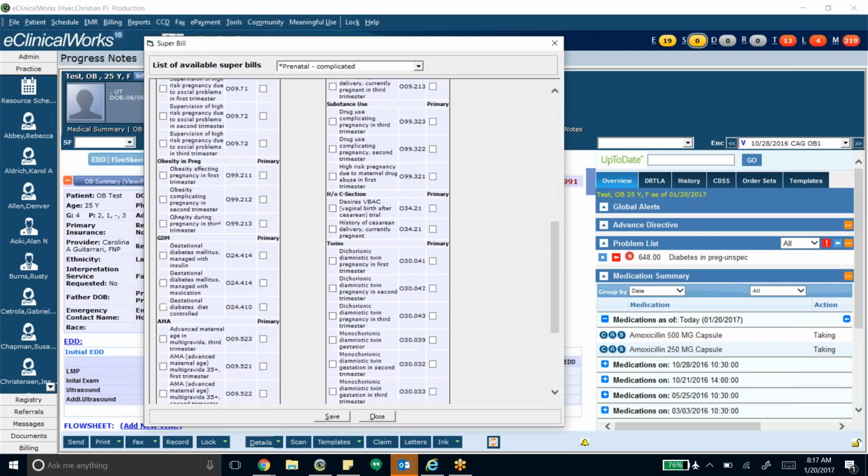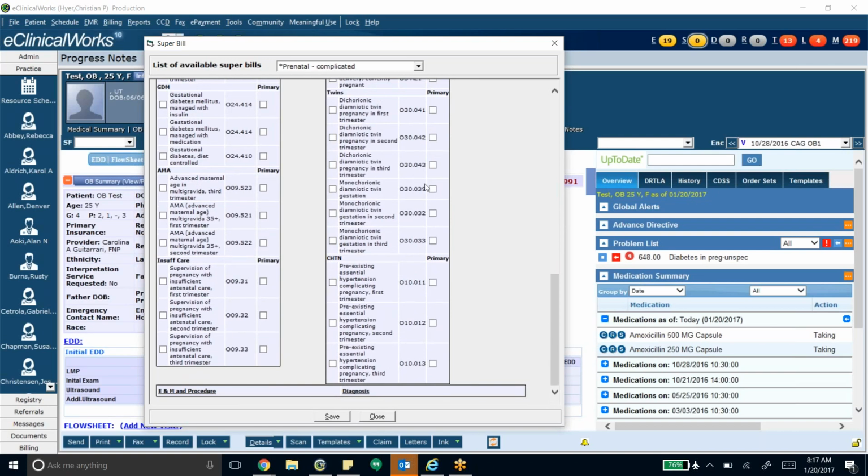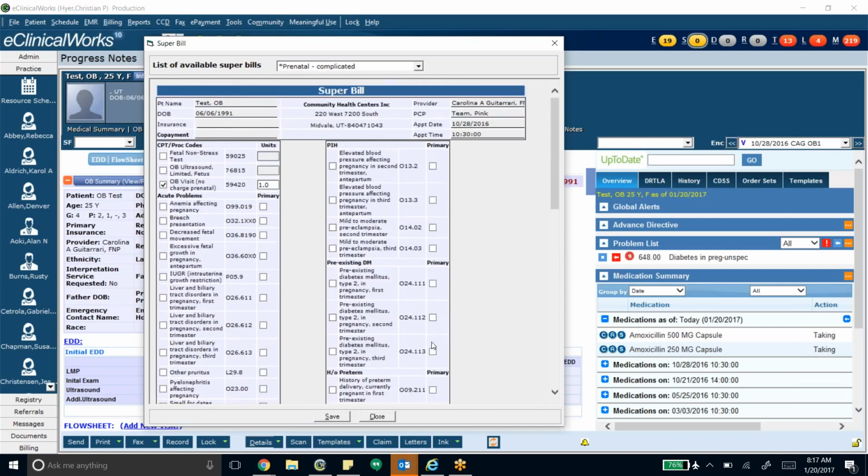Use those ones all the time. Next would be twins, and then chronic hypertension. So you have your pre-existing hypertension, essential hypertension, first, second, and third trimester. So that's our most commonly coded